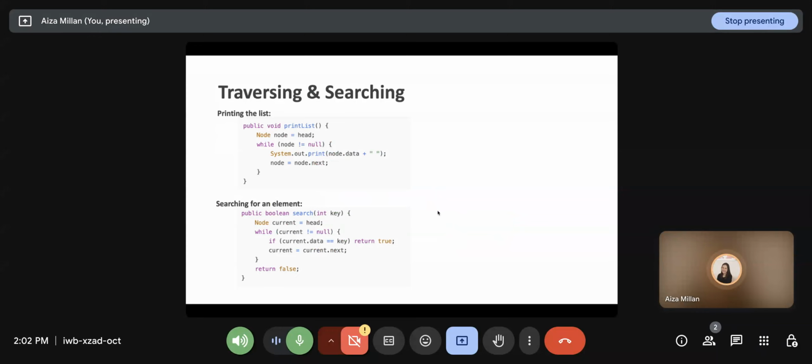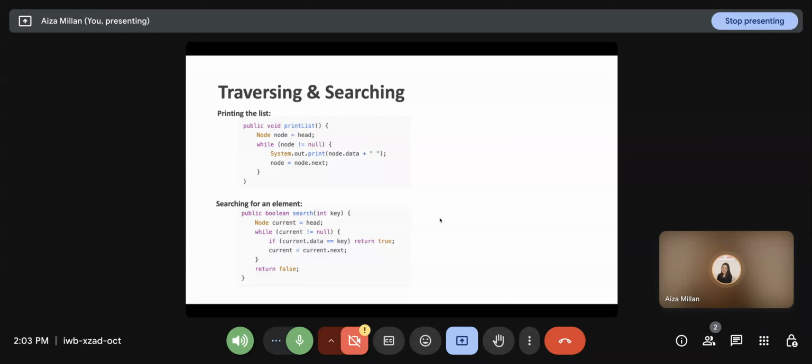To print the list, we traverse from head to null. Searching works similarly, and we traverse until we find the key or reach the end. As you can see in the print list method, the node has to be not equal to null, and then we have a loop that will traverse the nodes.